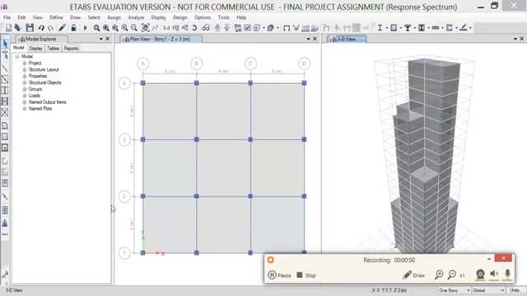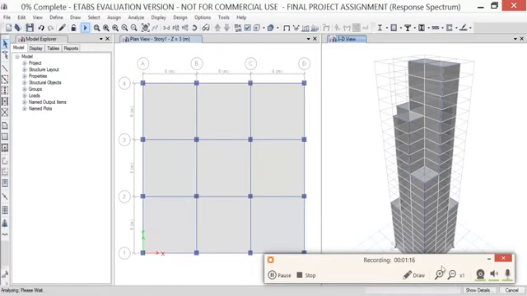So right now we will be carrying out the analysis of the seismic resistant structure using the response spectrum method. Here you can see I am running the analysis for the G+23 story structure after defining all of the properties of material as well as the section and using the auto select option. Here you can see the creating analysis model and the analysis process is going on. The status of the analysis can be viewed at the right hand side bottom of the second window. The analysis of the structure may require some time as it is a G+23 story structure.